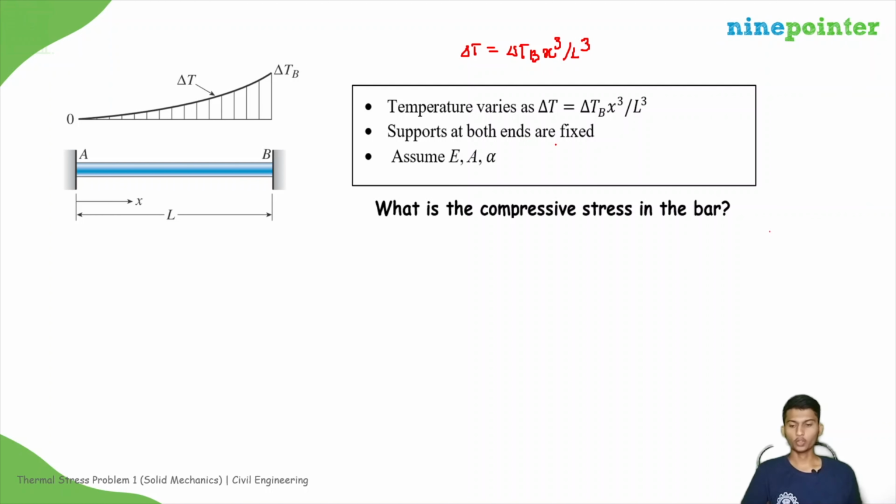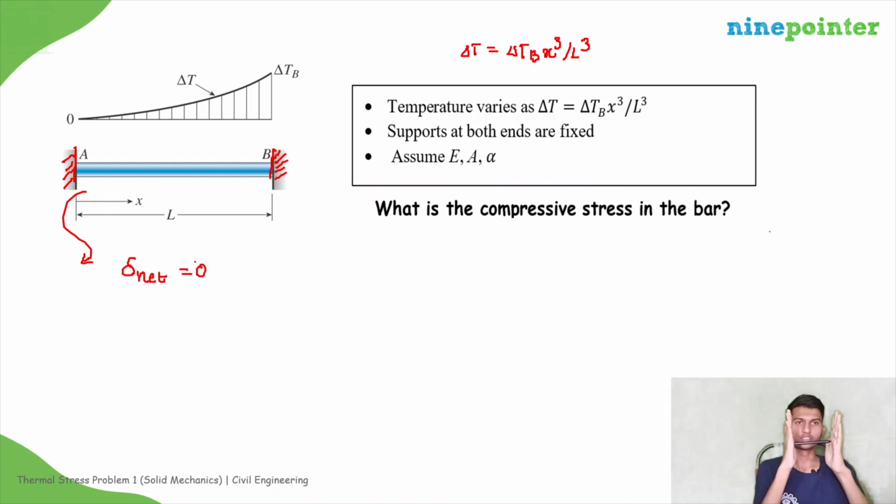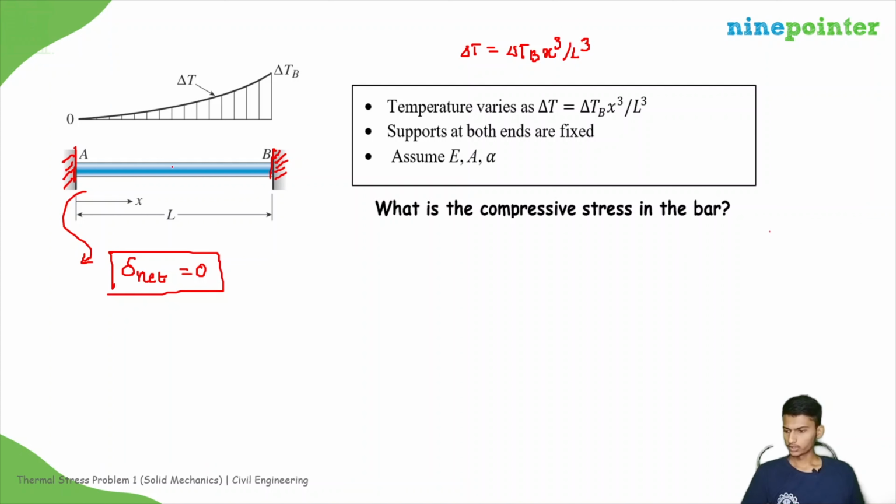Suppose both ends are fixed. What will this mean? This means the net elongation of the bar should be 0, because the bar is fixed here and fixed here. Fixed means they won't move anywhere. So whatever the temperature change, it won't move anywhere. So the change in length will be 0. Okay? Del net of the bar will be 0,